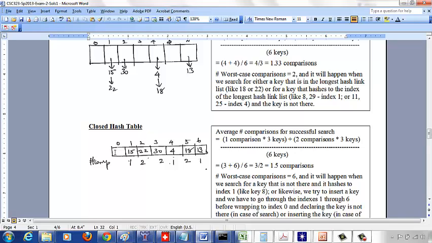Similarly, if you insert 8, you try to index into 1, something is there, occupied, so you search in the neighboring cells, everything is occupied, then you wrap around and you search here, it's not there, then you can insert your key there, 8. So if you want to search for anything or insert anything that hashes to index value 1, say 8, 29,